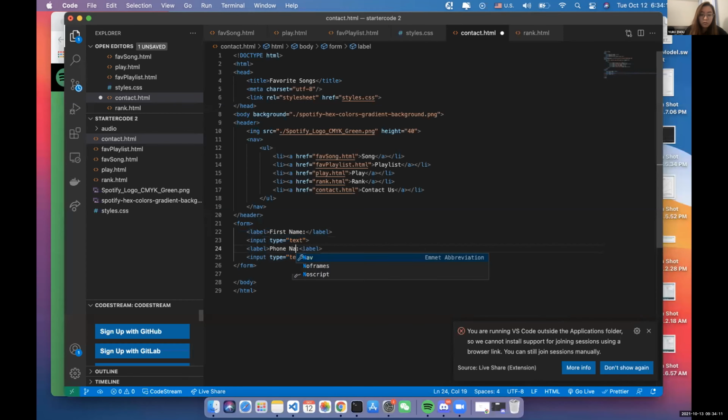So remember, a phone number is, oh, phone number, what is it? Okay. So instead of text as the type right now, what we want to change this to is number. So let's save it,